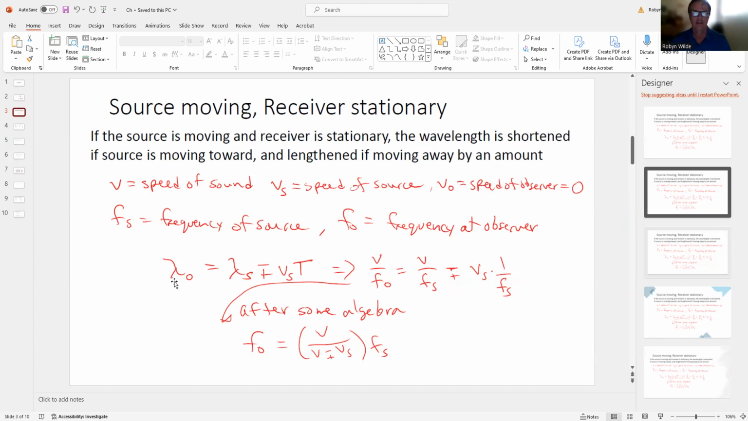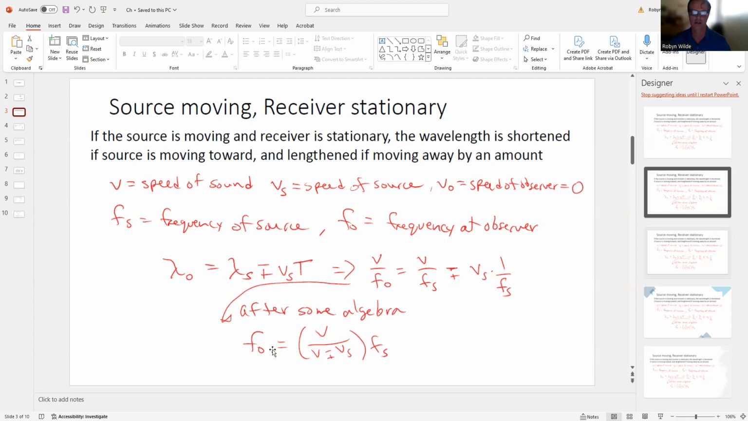The wavelength that the observer hears is shortened from the source wavelength by this amount, the speed of the source times the period of the wave, right? Just distance equals velocity times time. So I've got a minus or plus. It's shortened, minus, if the source is moving toward the observer, and plus, it's lengthened, if it's moving away. Just using that the frequency is 1 over the period and doing some algebra,